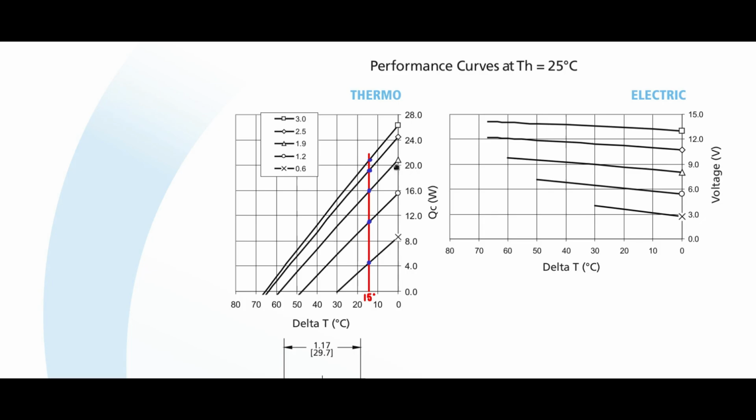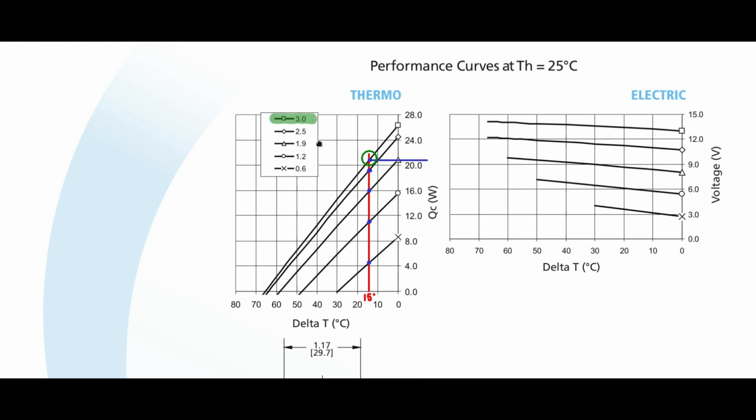Now 20 watt is somewhere here, and almost all the points here are below 20 watts, so I cannot choose that. The only one point above 20 watt is here. So if I pass 3 amp current, then I will be able to remove greater than 20 watts of power and push it onto the heatsink for a temperature difference delta T of 15 degrees centigrade. So this is the operating point that you need to consider, which is greater than 20 watts QC,